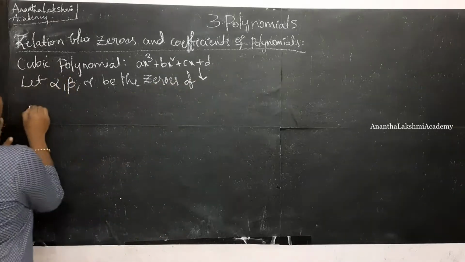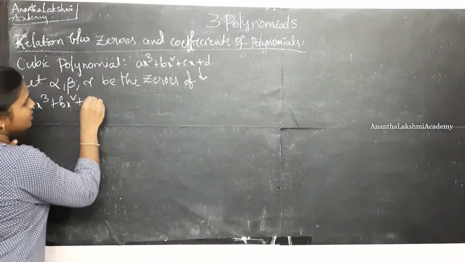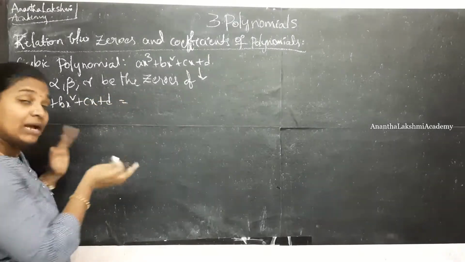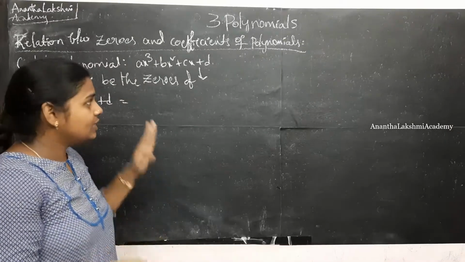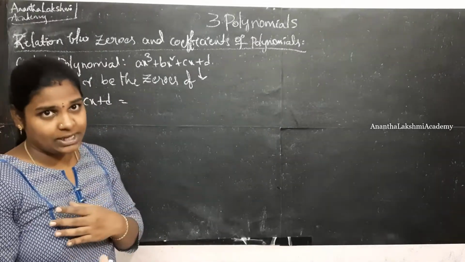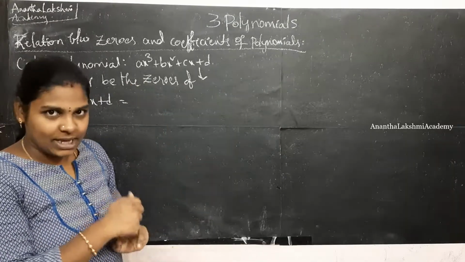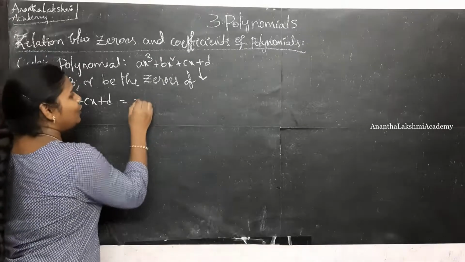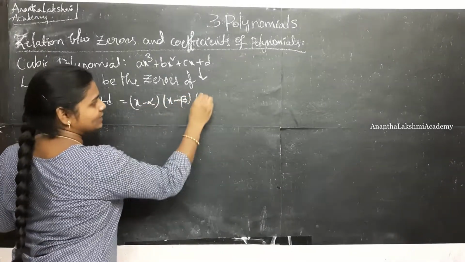So how could we write this? ax cube plus bx square plus cx plus d. Earlier, how did we solve it? We multiplied the constant here itself and then we solved it. So now we are trying to use a different approach. We are not going to multiply it with the constant. Instead, we will be multiplying with something else. Okay. So we need to watch with what we are going to multiply this. All right.